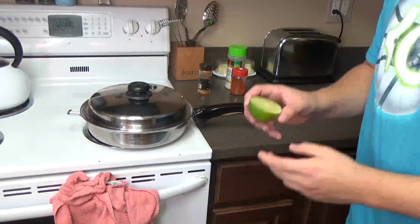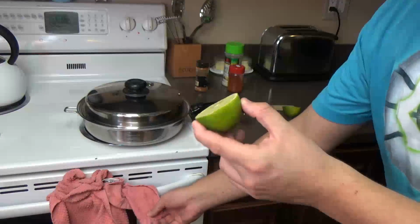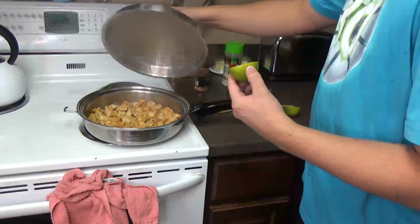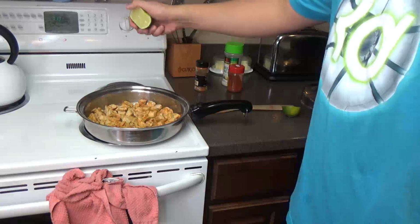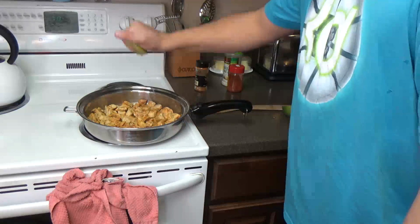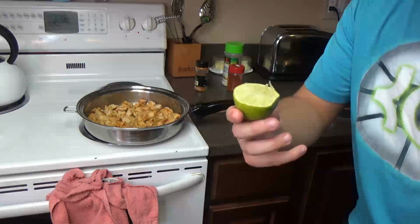Okay guys, final thing I decided to add. I just want to throw in some lime. I'm gonna try it out this time. Add some more flavor. We'll see how it tastes. Boom, look at that. So we're just gonna sprinkle some of this lime onto here. This is gonna taste so freaking good, I can promise you that. This lime is so good, guys. I can literally just eat it like,